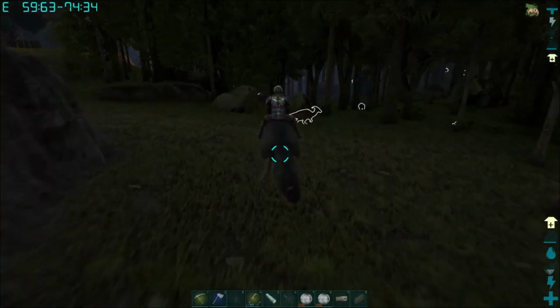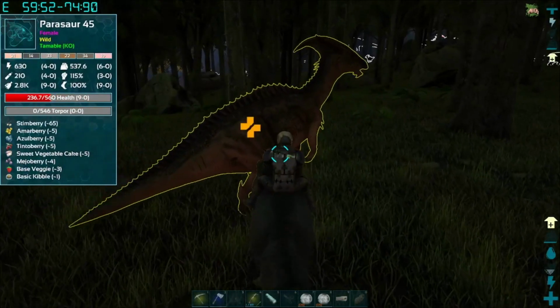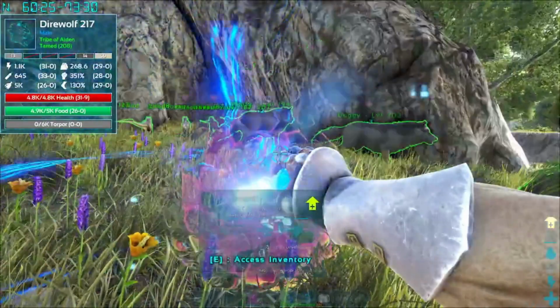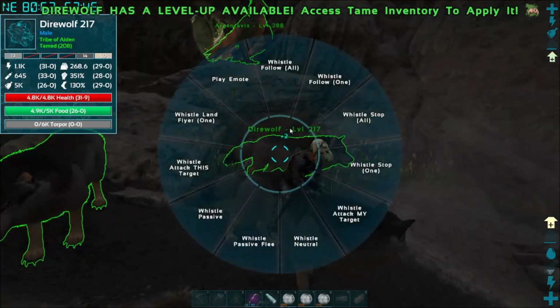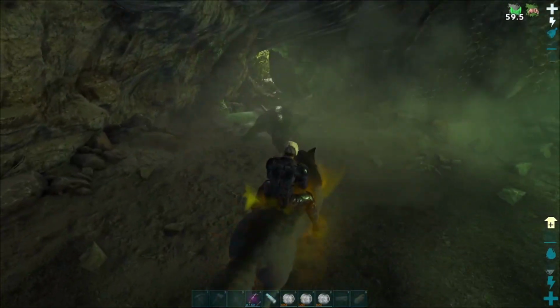I then took the next one out for a bit of a run around to get him some levels and some more health before going to a cave. I picked up all of my wolves and started to make my way to the cave. I set them to follow me and entered straight into the cave, where the first thing I encountered I didn't